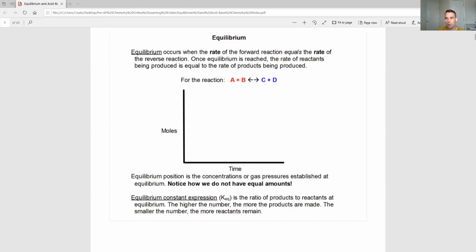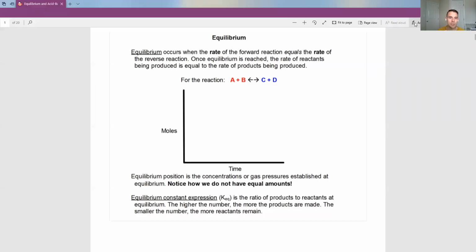Now this is super important to understand that when we talk about equilibrium, we talk about rates being equal, not necessarily the amounts. The amounts don't have to be the same. It just means whatever's going forward is the same thing as it's going backwards. So it says once equilibrium is reached, the rate of reactants being produced is equal to the rate of the